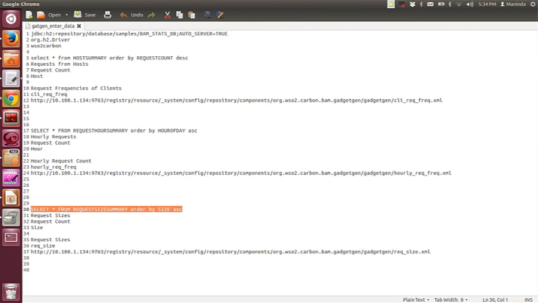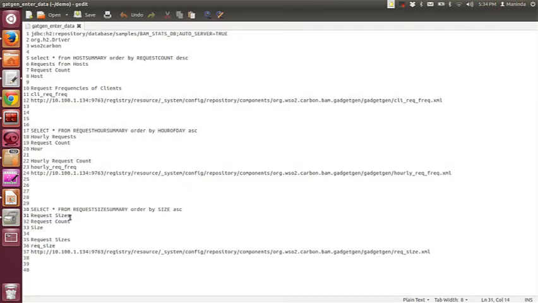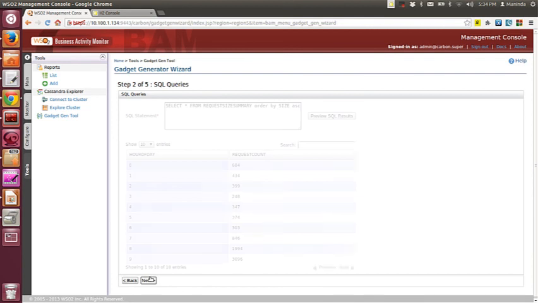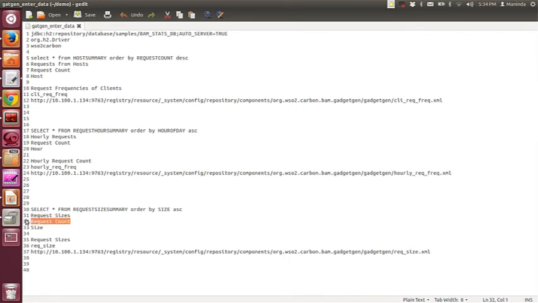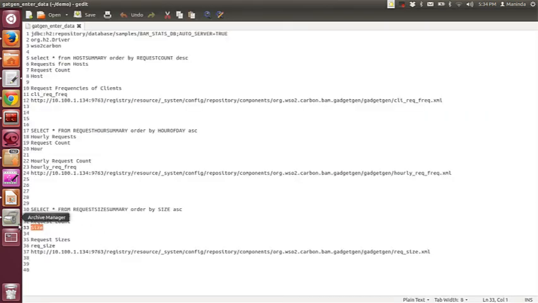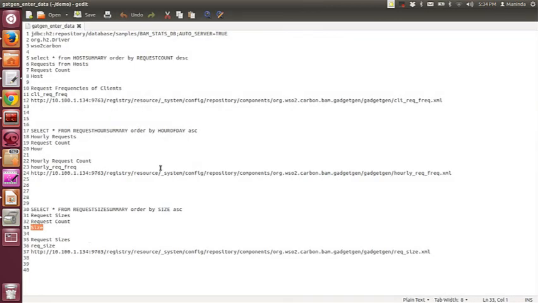This is the data source query for the third gadget. Request summary. You can see there is data. Select the bar graph. Chart title is request sizes. Request count is the y-axis name. Size is the x-axis name label. For the y-axis we select the request count, and for the x-axis we select the size. And go to next, and as the title let me set request sizes,